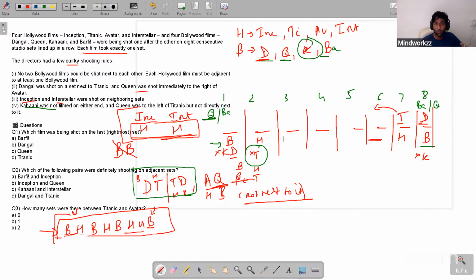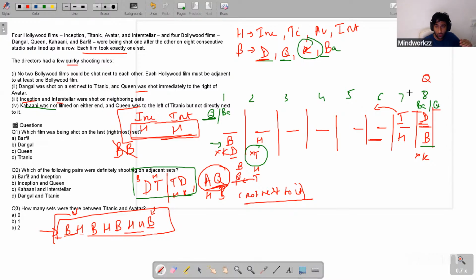But what we need to check is Barfi and Queen as well, whether they can also fit or not. If they can fit, then we have multiple cases, a lot of cases which are possible. If they cannot fit, then we probably only have one case, which is happening right here. It was told here that Queen was shown immediately to the right of Avatar. So if you end up placing Queen here, for example, on 8,